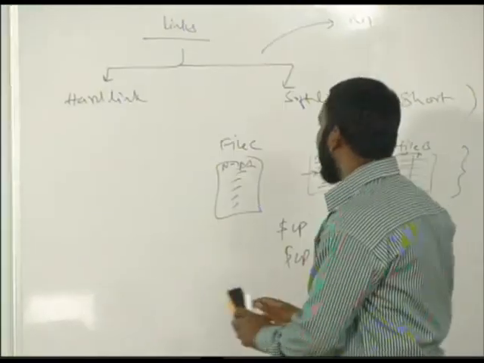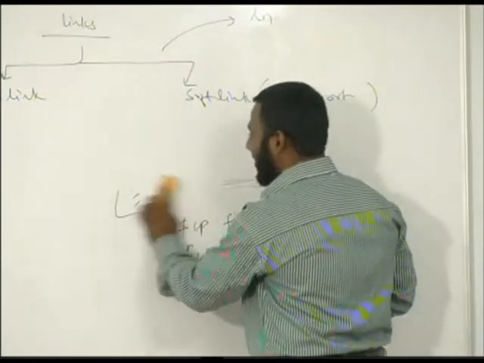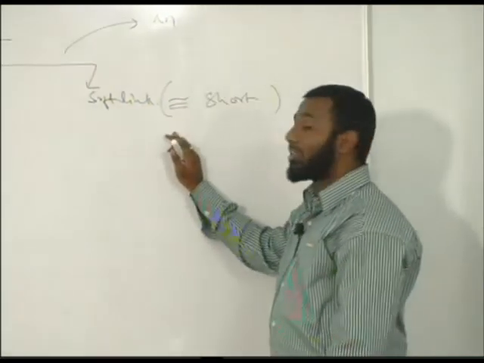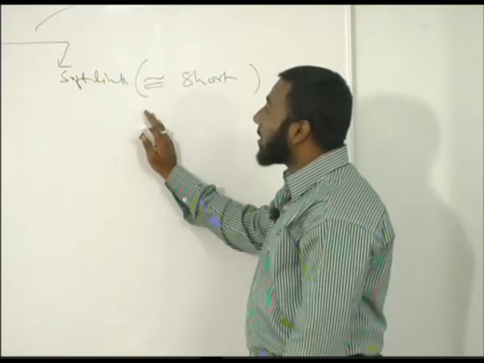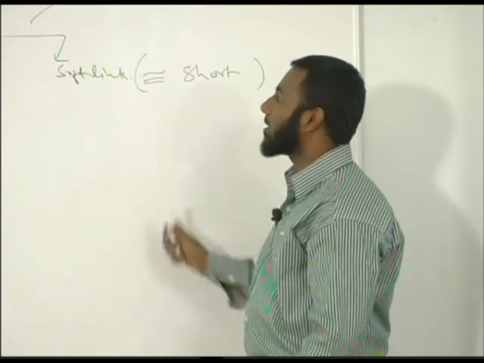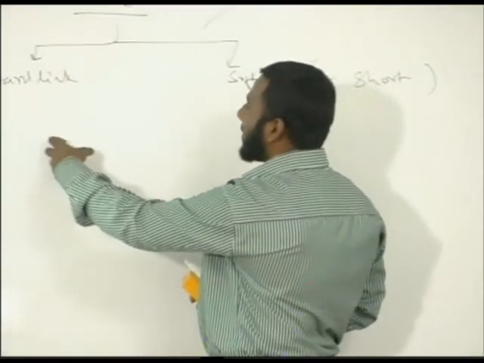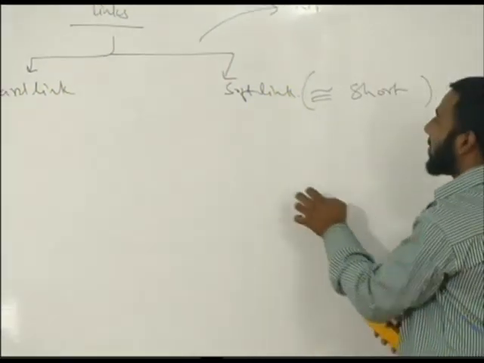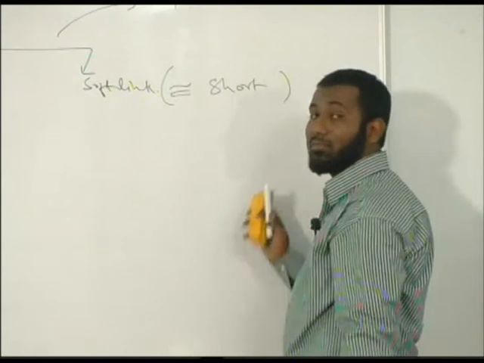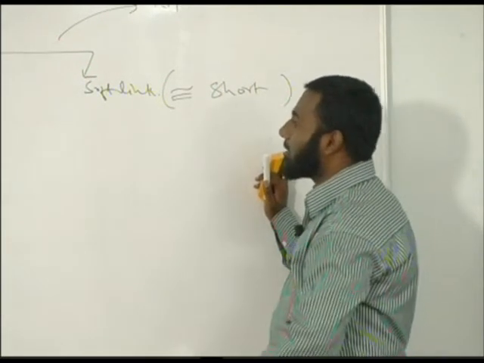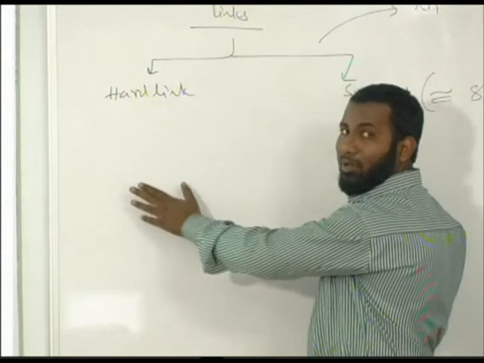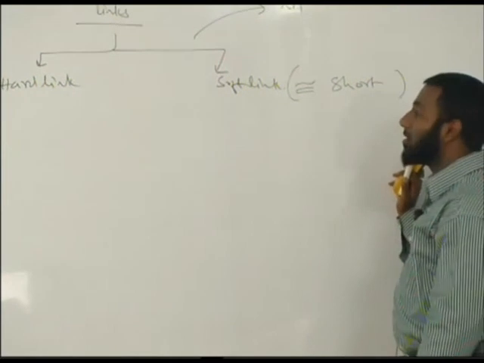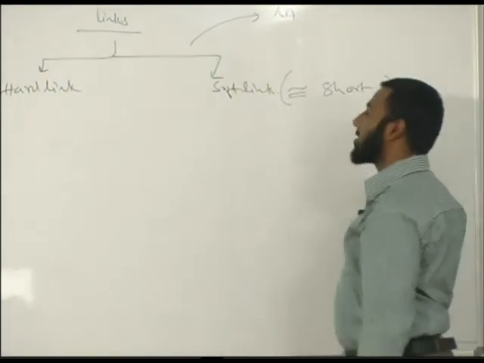But a soft link is like a shortcut. Whenever you create a soft link, if the original file is destroyed, then you cannot see the contents of that file with the help of this soft link. This is the advantage of a hard link: even though the original name is deleted, a reference count is just decremented, whereas here we can't access the file if the original is deleted. The catch with hard links is that we cannot have hard links to directories, but we can have soft links for directories as well. So both of them have their advantages and disadvantages.